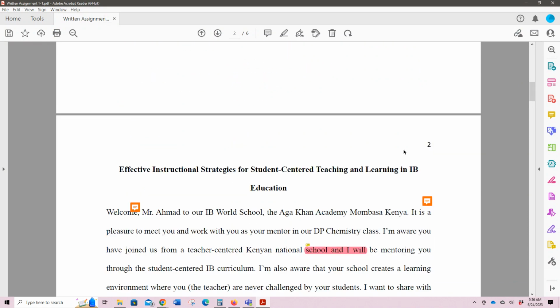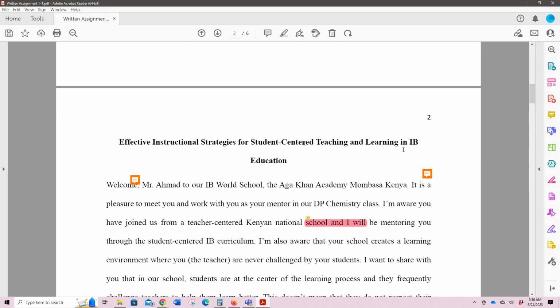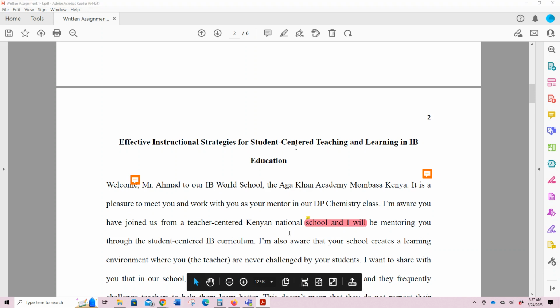Okay, so now we move in. They've done a good job putting their title again. All paragraphs need to be indented on the first line, so make sure that you do that. Also, do not use block style for your margins. Something that you might want to do with Microsoft Word, if you're using that as your word processing software, which I'm assuming most of you are, is get your